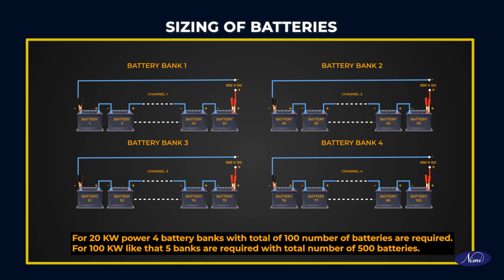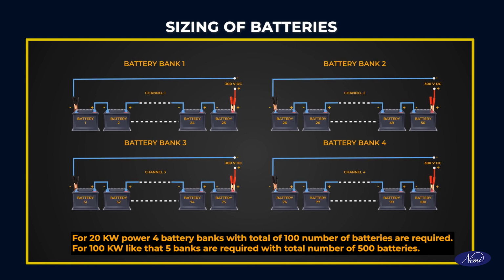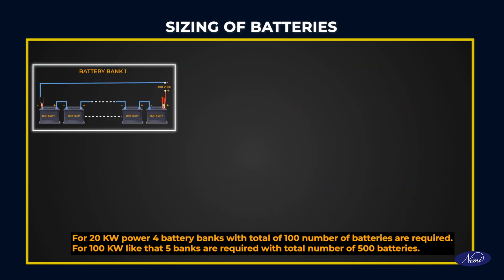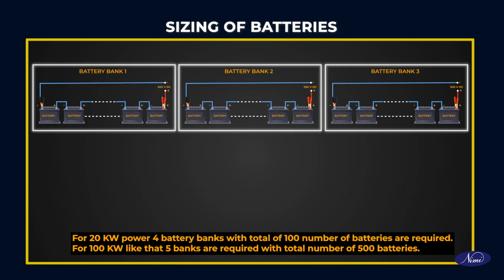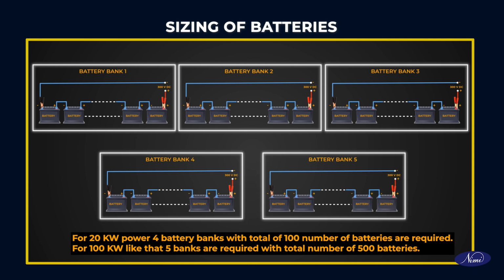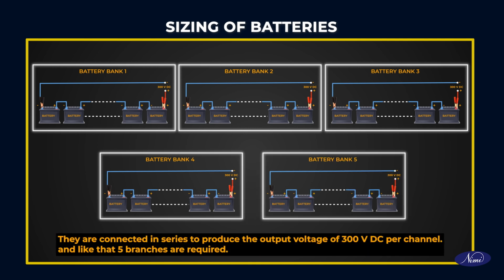For 20 kilowatt power, 4 battery banks with a total of 100 batteries are required. For 100 kilowatt, like that, 5 banks are required with a total of 500 batteries. They are connected in series to produce the output voltage of 300 volts DC per channel, and like that 5